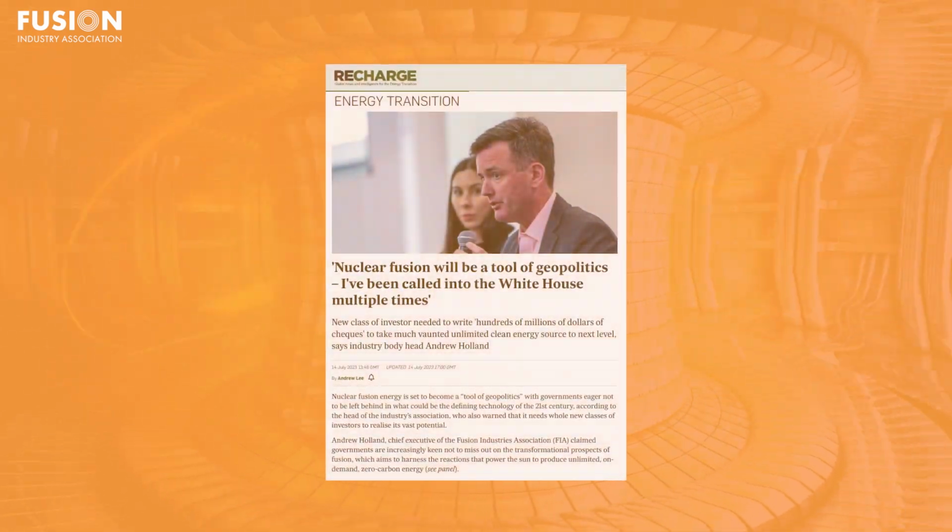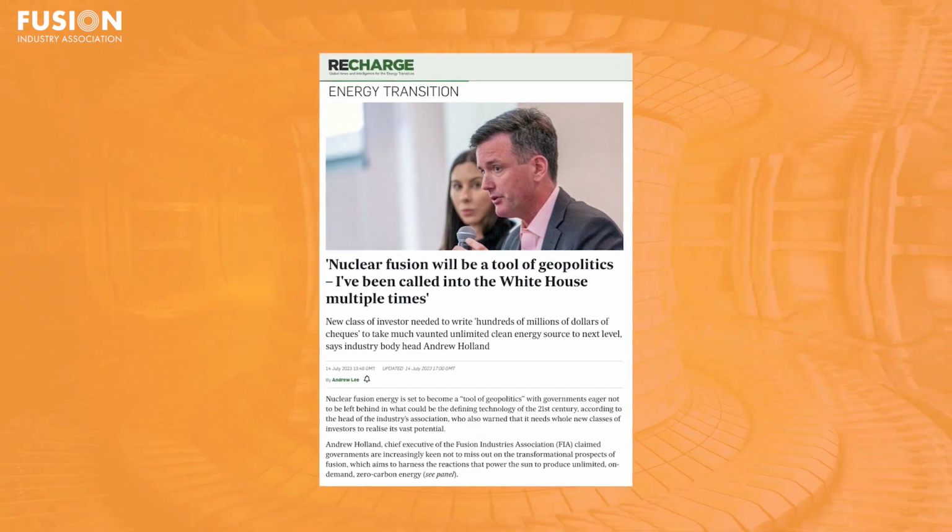4. Nuclear fusion will be a tool of geopolitics. "I've been called into the White House multiple times." Our final story today comes from Recharge News and discusses an interesting, often undiscussed aspect of fusion, but an important